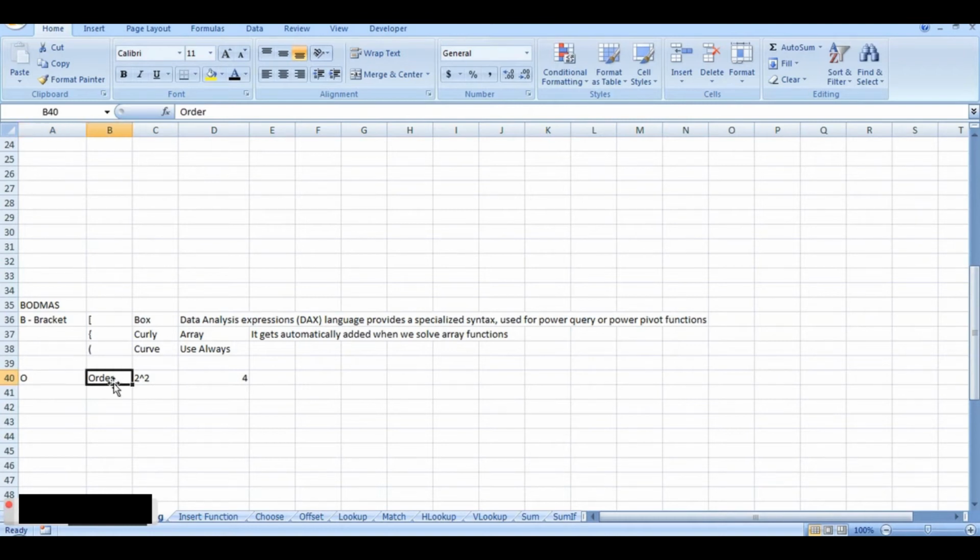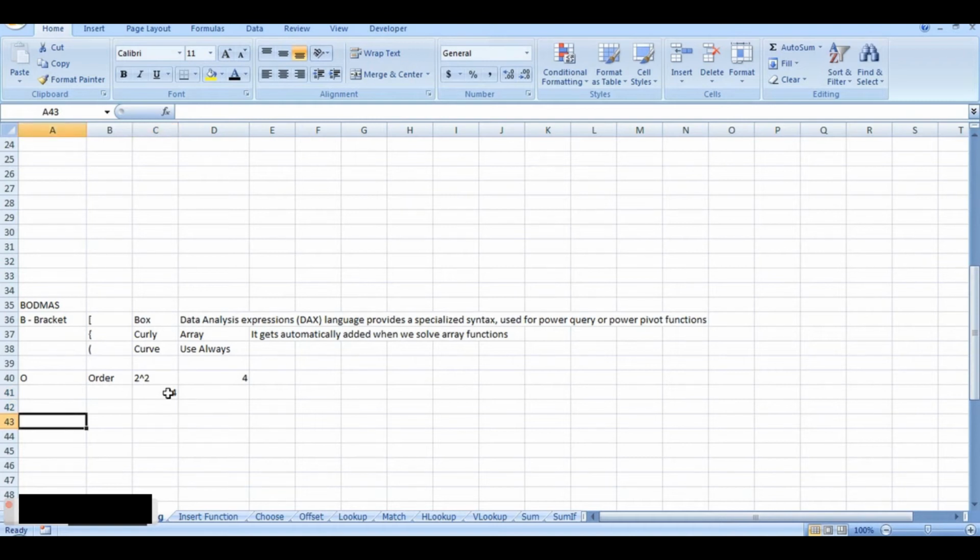The next character in BODMAS is O. O stands for order. Order means, say if I want to find out how much is 2 raised to 2, how to write that in Excel. 2, then shift and 6 button, that is the power of sign, it stands for power of 2. Now this is not giving me any answer. Why? Because I have not put Excel into calculation mode, so I need to add the equal to button into it. It gives me an answer. Check the formula and the answer.